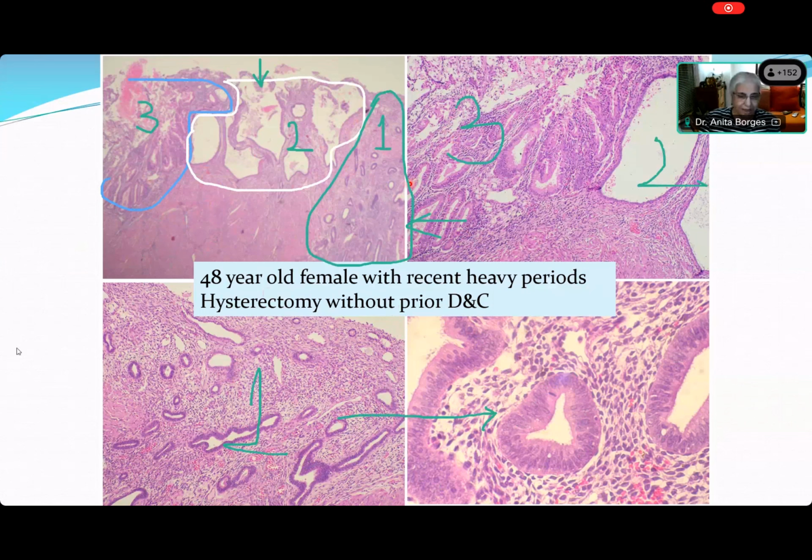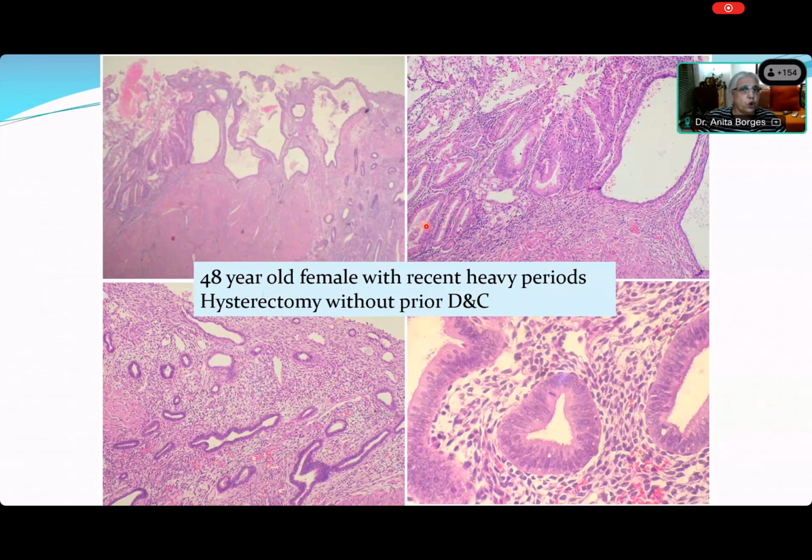So what has happened to this endometrium? Lots of people are writing about it in the chat box. What has happened is that there has been continuous unopposed estrogen stimulation of this endometrium. Do you agree, Nargis? Yes, ma'am. So Simi, you could not say, I'm not sure, ma'am. There is absolutely no progesterone that has acted on this endometrium. If there had been progesterone acting on this endometrium, what would you have expected to see, Simi? Simi, are you there? Yes, ma'am.